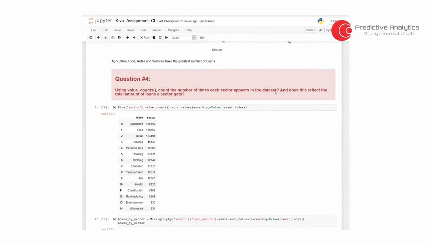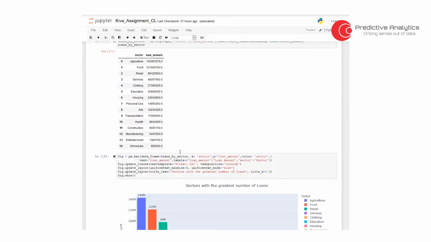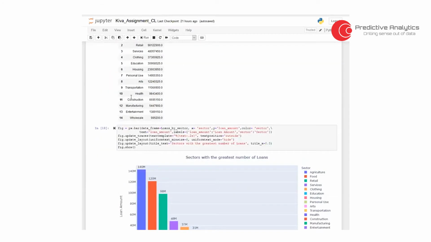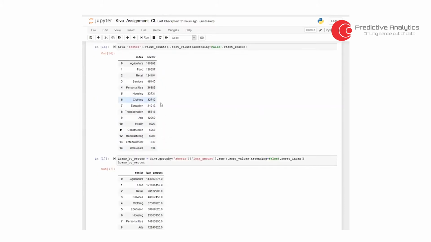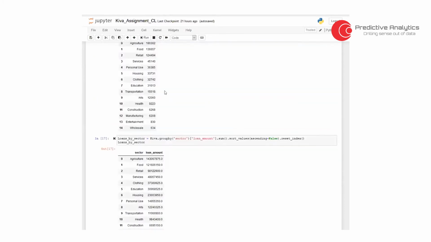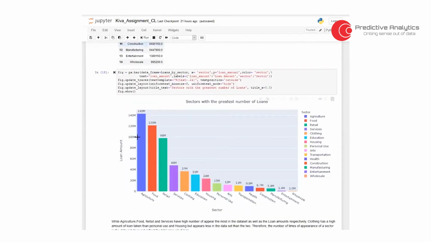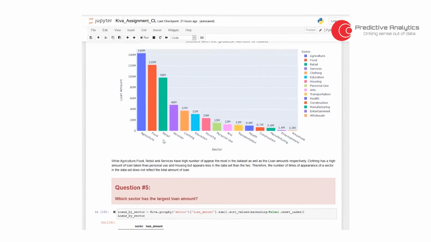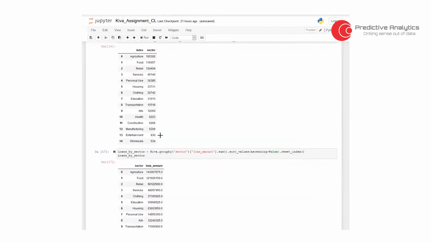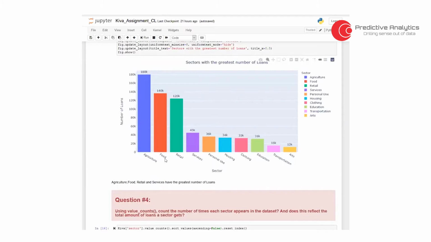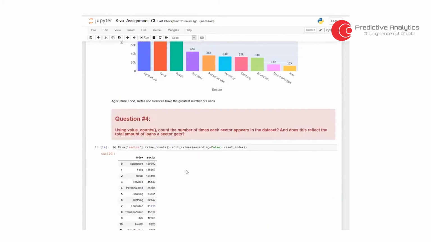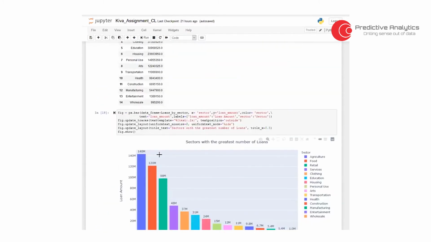Question 4 then went ahead to ask, does this reflect the total amount of loans a sector gets? So here, because I've already done the value count in question 3, I went down to look at the loans in each sector, in terms of sum. Since we have agriculture, loan and retail, in comparison to these here, where we have agriculture, retail, and food, I did a bit of writing here and I said,